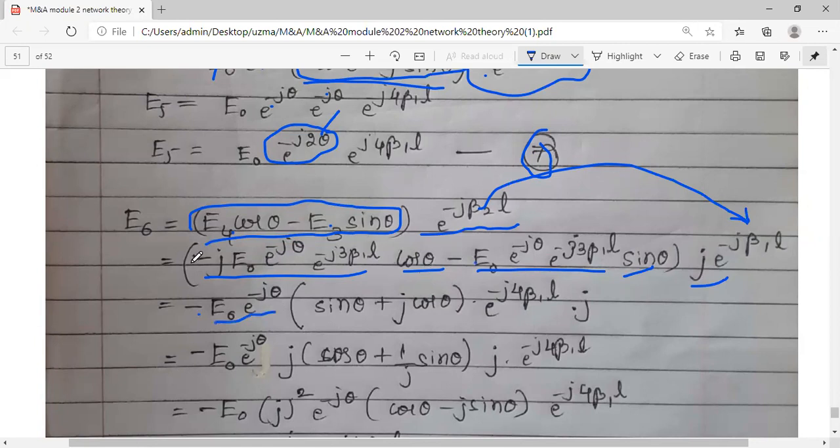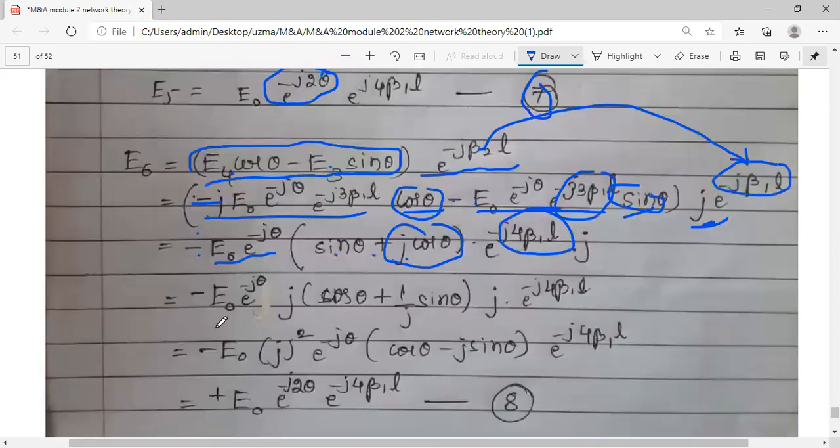You will be left with, here there is a minus, minus is common, so cos remains, you have a j term, so j cos theta remains, minus is common, you have a sin term, so sin plus j cos theta. And how many exponentials are there? Inside you have 3 beta 1, outside you have 1, 3 plus 1, so totally 4 beta 1 terms, and one more extra j term is outside. Okay, then minus this as it is, this j term I have kept as it is here, exponential as it is.